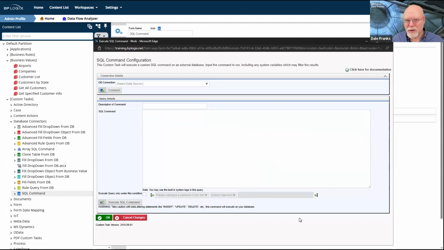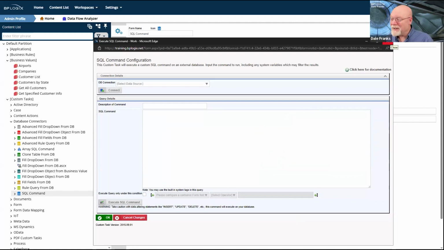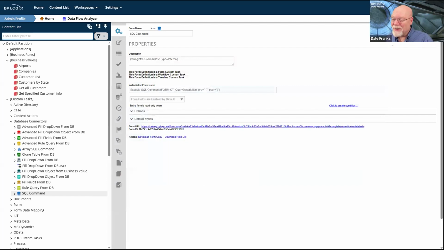You have to use it. You don't have a choice. The SQL command custom task isn't technically mandatory, but you're probably going to severely regret not using it if you're using some other method to alter data in your database.